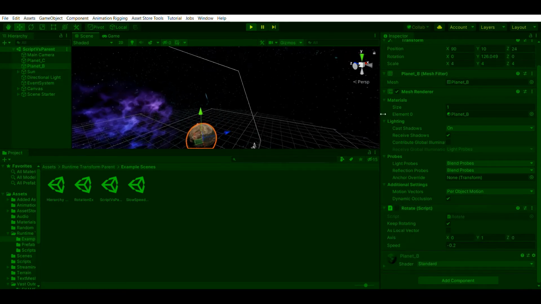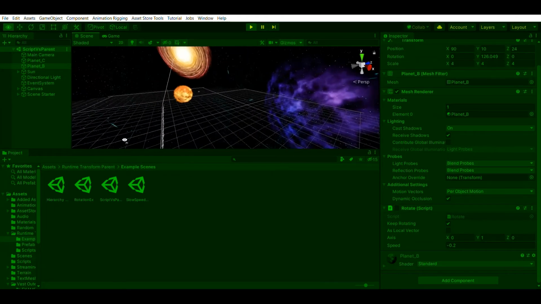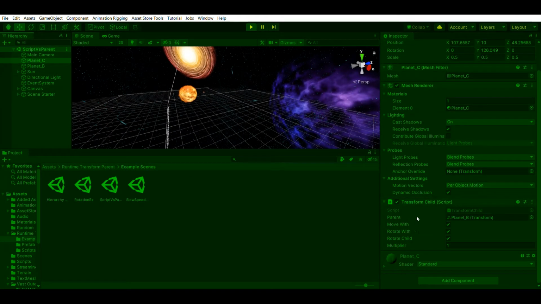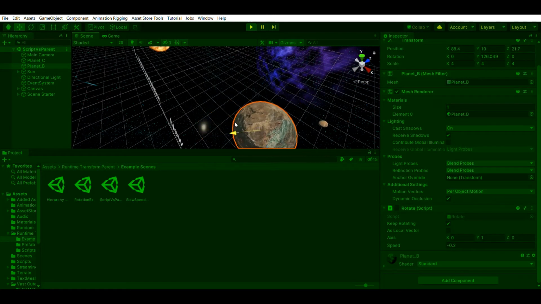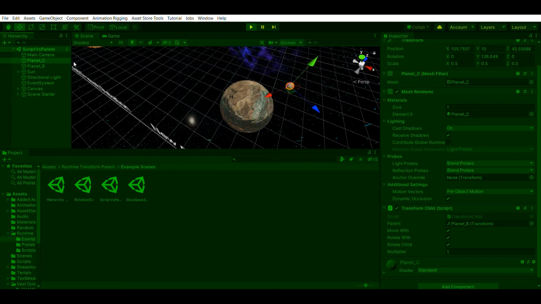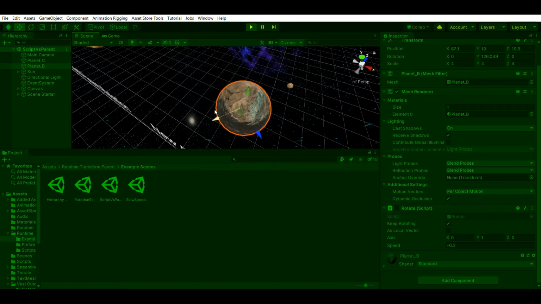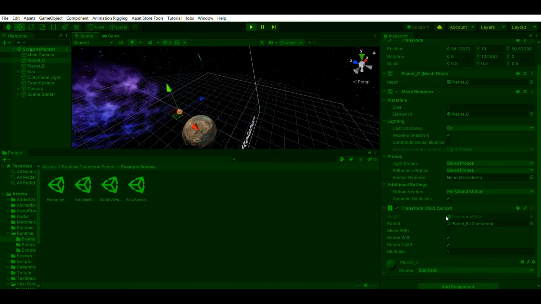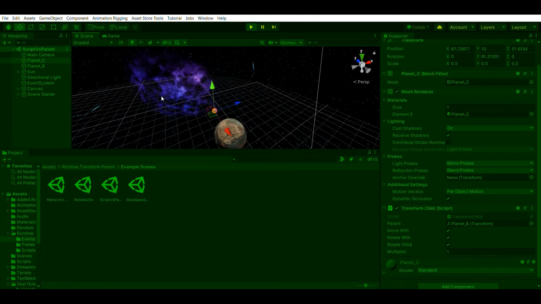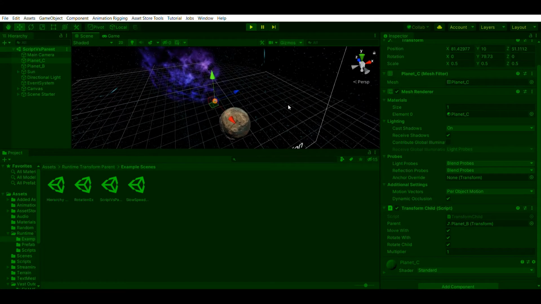If you want the child to move with the parent, all you have to do is keep the move with Boolean statement checked, and it will move with the parent. If you do not want it to move with, just uncheck it. Okay. Let's put this rotation back on. And check move with once again. If you want the child to stop rotating with the parent, you can just unclick this and bang, it stops